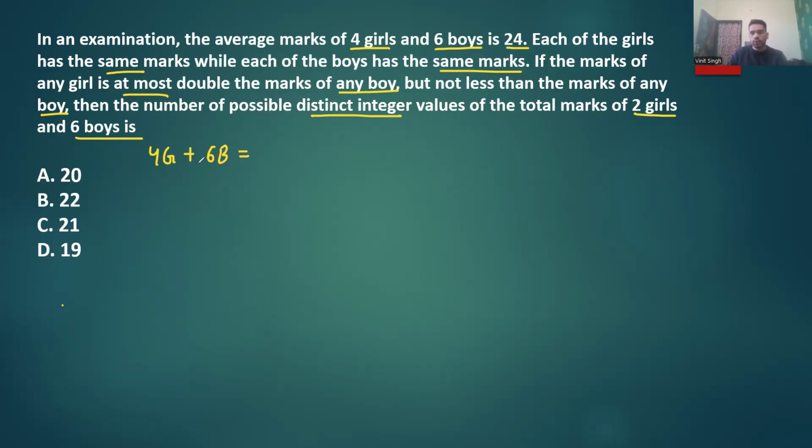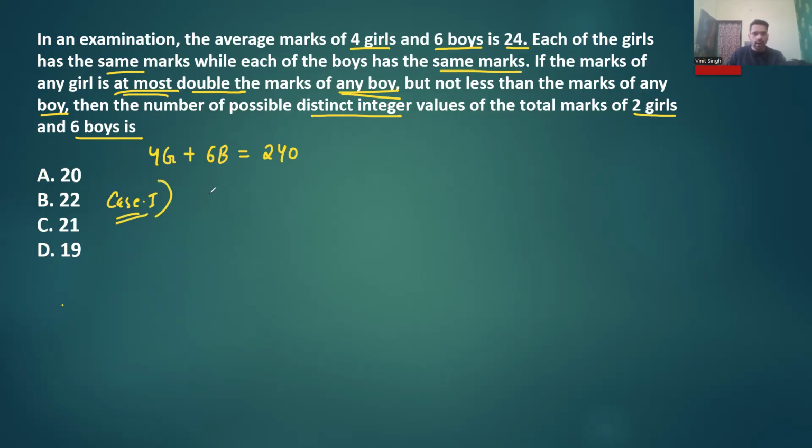So the average marks of 4 girls and 6 boys is 24. Now the sum of the marks of 4 girls and 6 boys is equal to 240. Each girl has the same marks while each boy has the same marks. The marks of any girl is at most double the marks of any boy, but not less than the marks of any boy. So the girls' marks can be equal to the boys' marks, up to twice the boys' marks, but cannot be greater than twice the boys' marks. So case 1,